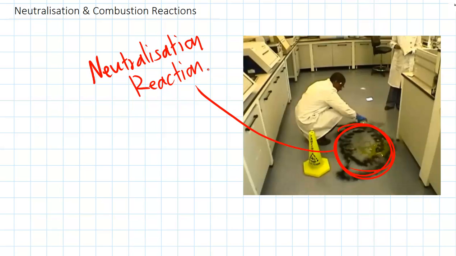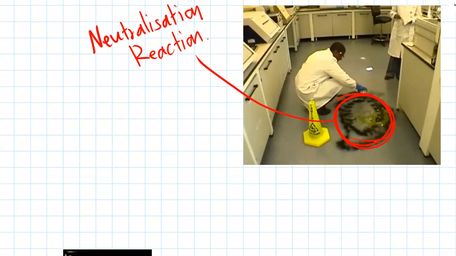And neutralization reactions, they're one of the types that we'll learn about in this video. So there's lots of categories of reactions that tend to have similar reactants and products. And so scientists put them into categories. So we're going to learn about neutralization reactions as well as combustion reactions as well. Alright. So firstly,